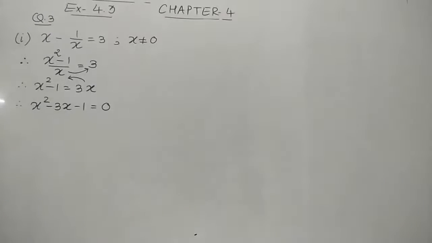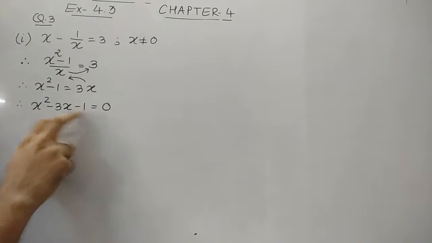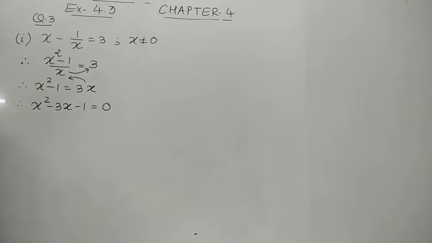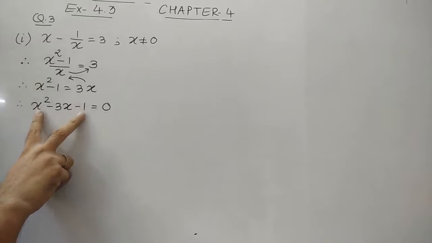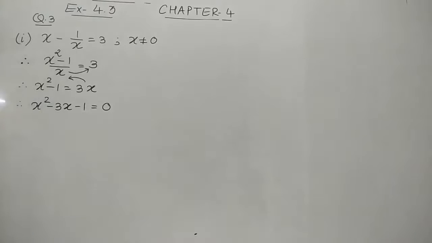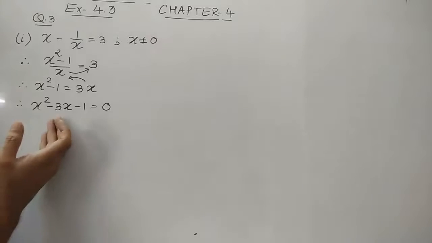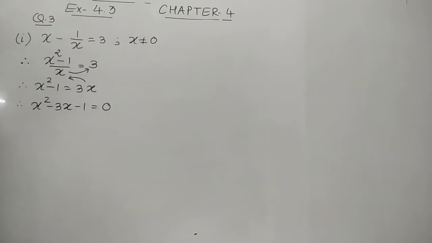Now look at this, students. Can you find out the factors of this? Factors of 1 can never give us 3. So remember, these roots cannot be obtained by the method of factorization. So when it is not possible, let's go for the method of quadratic formula. You can go for the completing square method also. That is also one way. Either completing square or the method which we just learned in the previous lecture, that is the quadratic formula. So let us go for the quadratic formula.